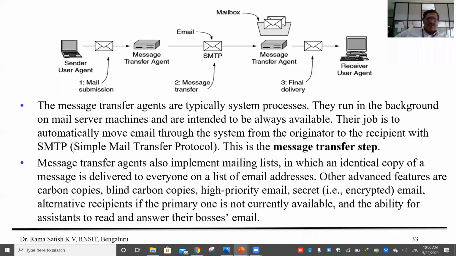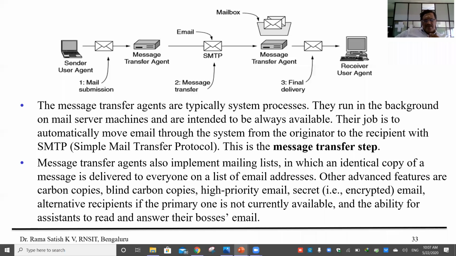So what happens if I make it a blind carbon copy? Each one will get the feeling of having the original copy. They don't see others getting the mail. So that is blind carbon copy.